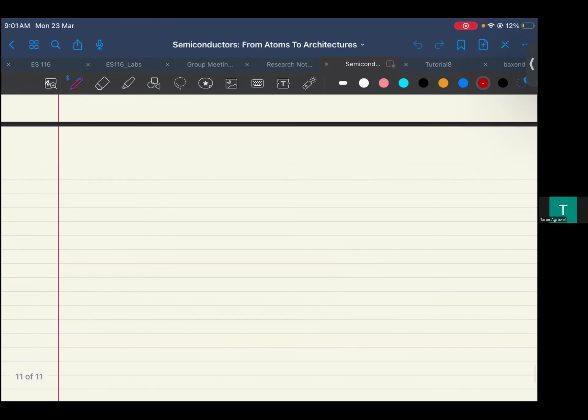With our series, we are aspiring to cover all the topics which you typically see in a semiconductor, going all the way from atoms to a motherboard, or different architectures. So today we are going to talk about, based on our understanding